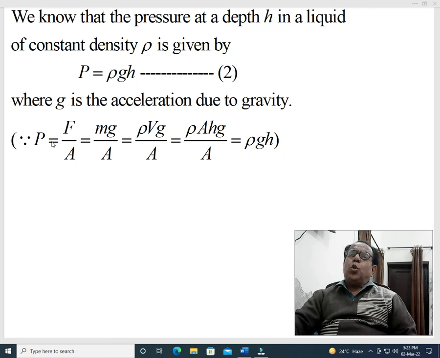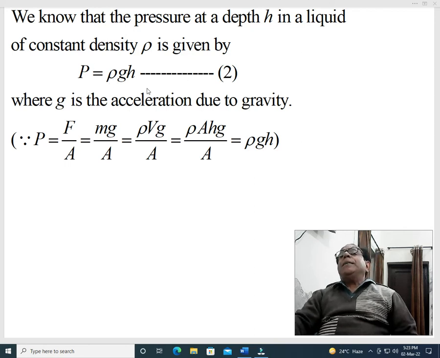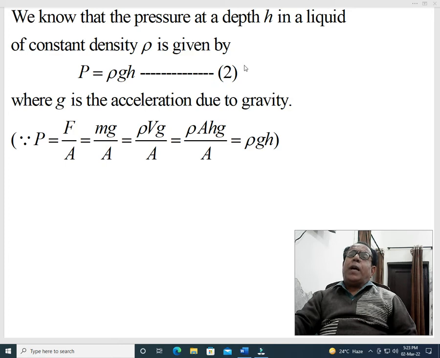Okay, so within this bracket it is explained how pressure has been written in this form: pressure is equal to rho into g into h. Okay, dear students, now using equation number 2 we can find our solution quite easily,